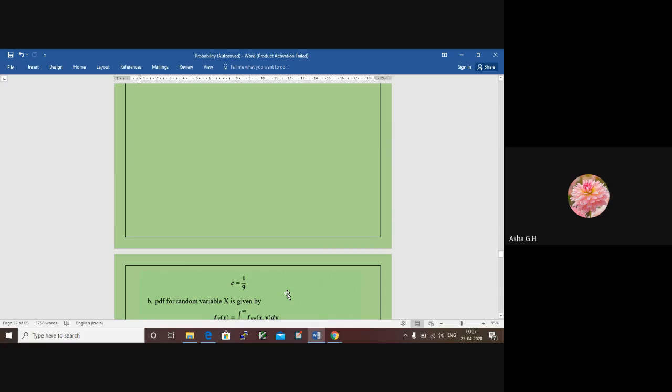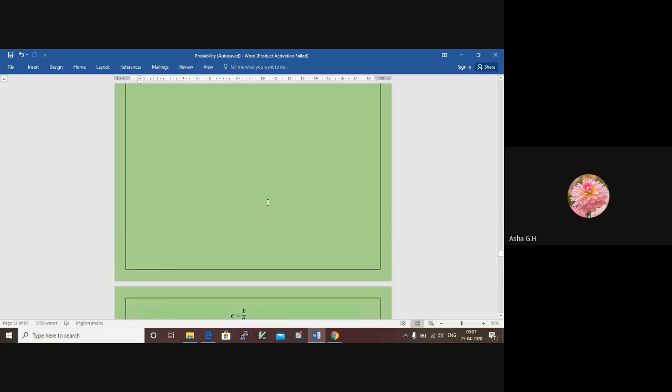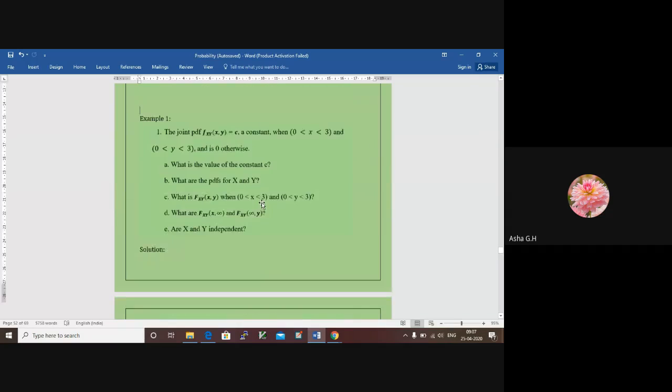Are you able to do that? Please try this, all of you. This is a very common, basic example. You should be able to get the answer. If you get some other answer, just let me know. Please tell me what is the answer. Are you getting the same answer or not? And if you're already done with that, you can just try the next question.